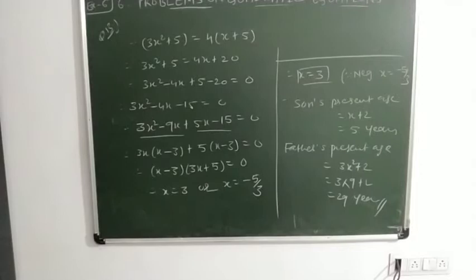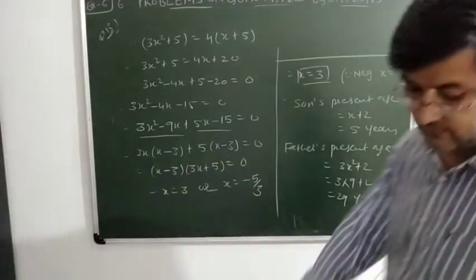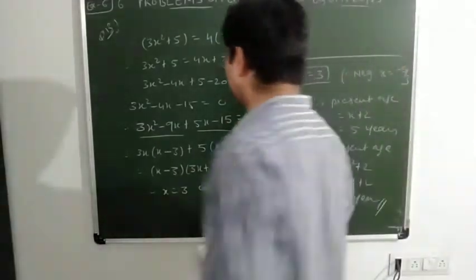I hope you have understood the solution. As I have said earlier, in these problems the most important thing is to read the question carefully, analyze the given data, and from the given data you have to make a quadratic equation. After you have made a correct quadratic equation, it is easy to solve, because we have already done this practice in the previous chapter. So here the important thing is to frame the equation only.